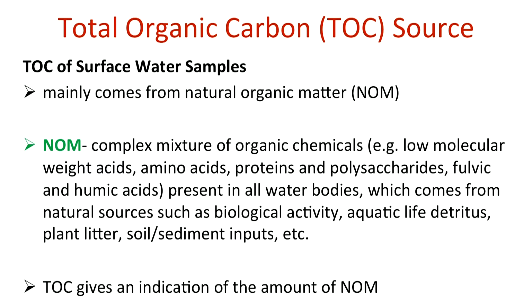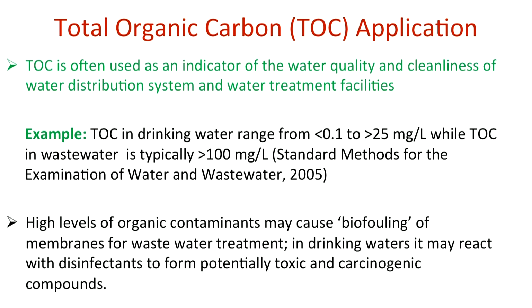And basically, NOM is present in all water bodies because it comes from decaying plant litter. It can come from aquatic life, detritus, and even from the soil and sediment inputs. Thus, the TOC gives an indication of the amount of natural organic matter in a water sample. It is often used as an indicator of the water quality and cleanliness of a water distribution system, as well